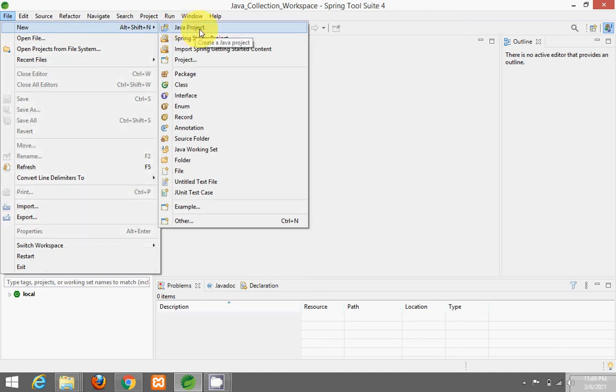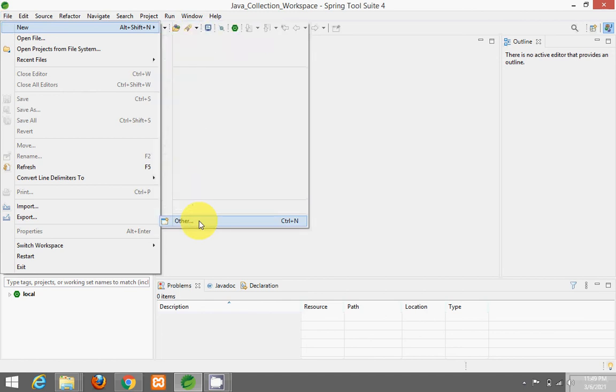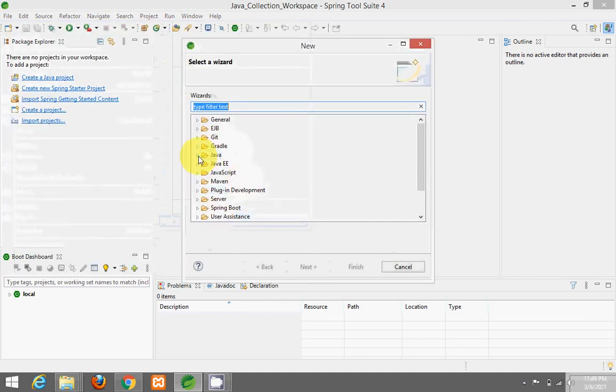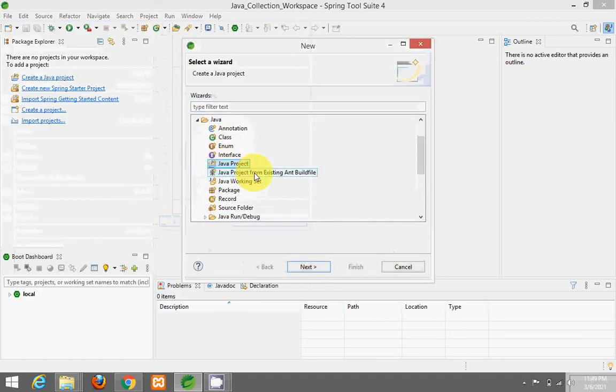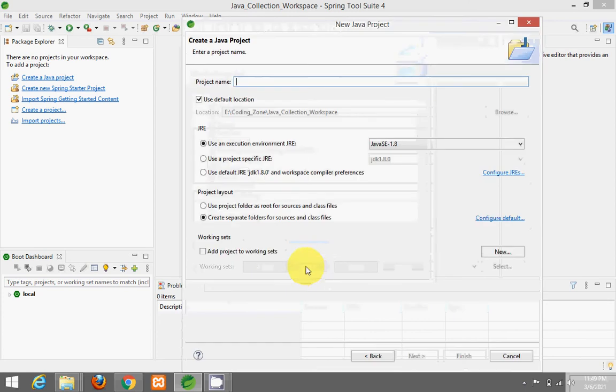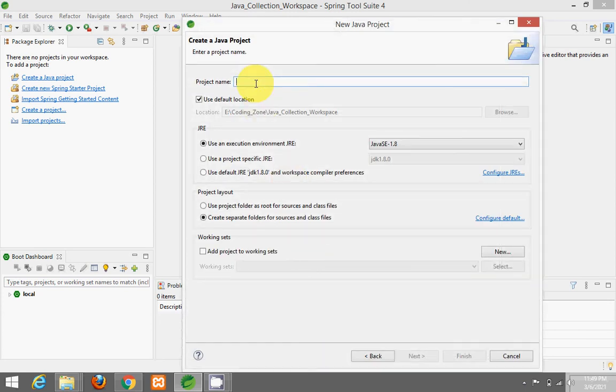If you are not seeing the Java project there, you can go to the Other option; under Java you may also find Java project. These are the different options STS or Eclipse provides to create a Java project.